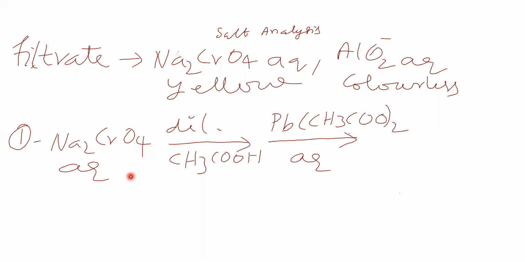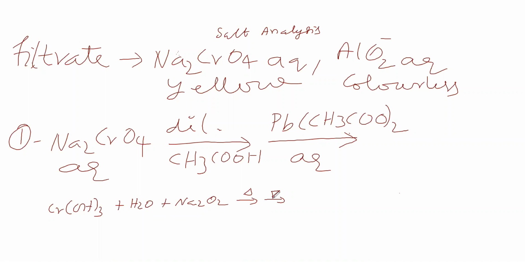Now, this sodium chromate we got by taking the Cr(OH)3 precipitate. To this we added water, and to that we added sodium peroxide, heated and cooled, then filtered. Now the resultant solution contains sodium chromate. Is the resultant solution medium basic or acidic or neutral? That we have to see.